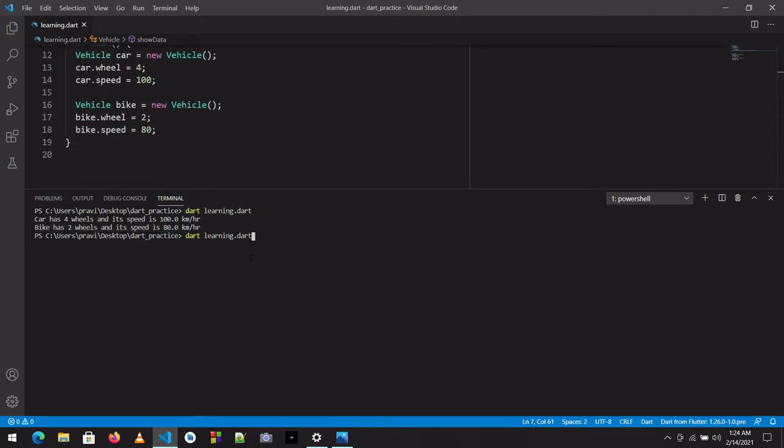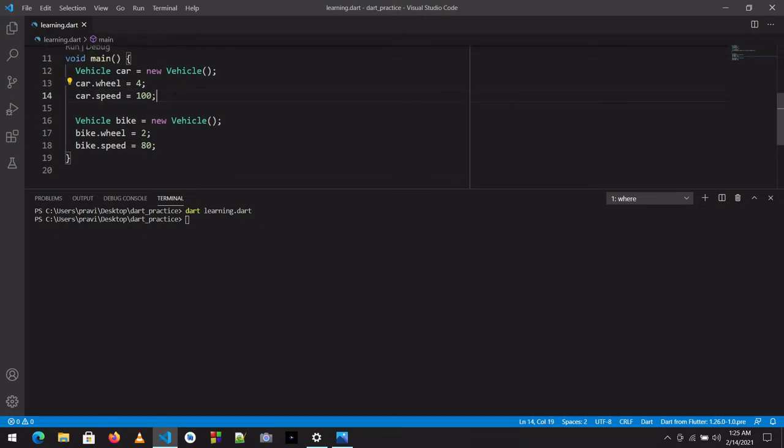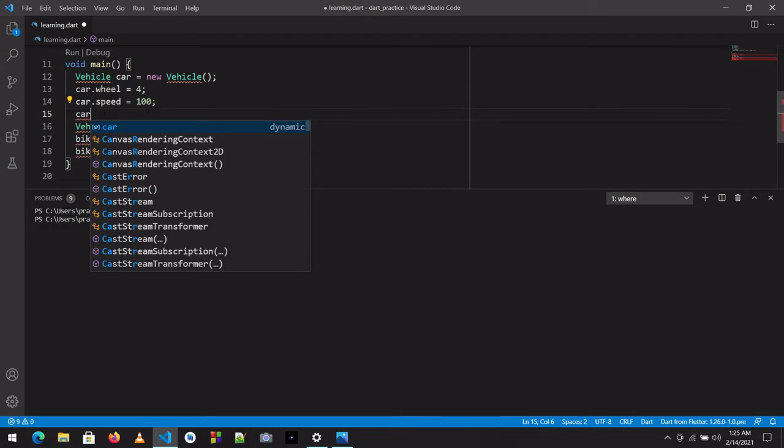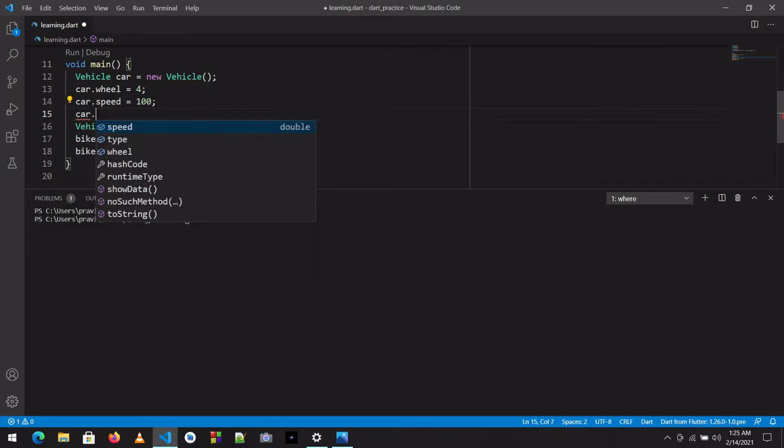So we will run here and see what happens. Okay, we didn't call the function yet. Instead of writing the print again, we can directly access the car object's function of this class by writing car, the dot operator, and the function name.